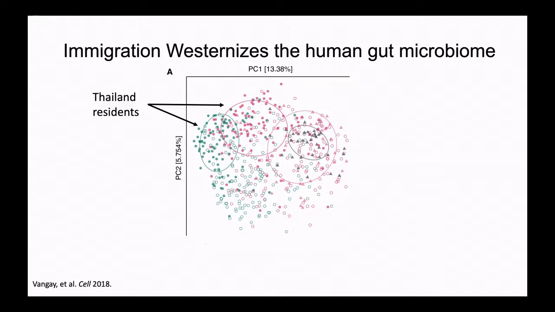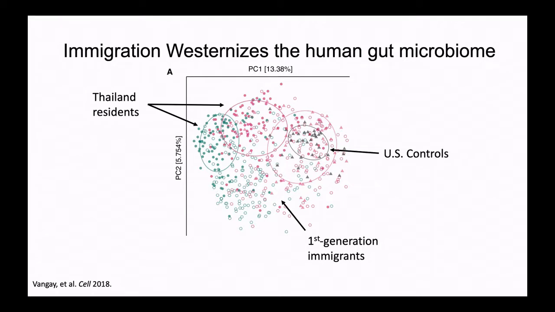And what you're seeing here is a point for every subject, colored by the ethnic groups and the immigration status. The 2 circles on the left, the 2 ellipses, are the Karen in green and the Hmong that are living in Thailand still. On the right, in gray, we have the US controls. And then everyone in the background are the first generation immigrants. So we see already that there's a complete difference between the people still living in Thailand and the US controls.